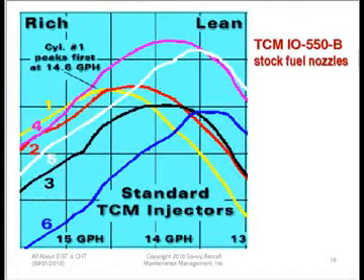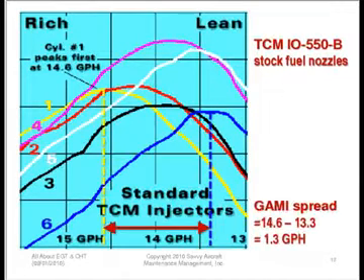Now, let me show you some real data to illustrate this again. Here's some real data off of an IO-550 out of a Bonanza, and this was the mixture distribution of this engine with stock untuned fuel nozzles as it came out of the TCM factory. And if we want to take a look at the GAMI spread here,